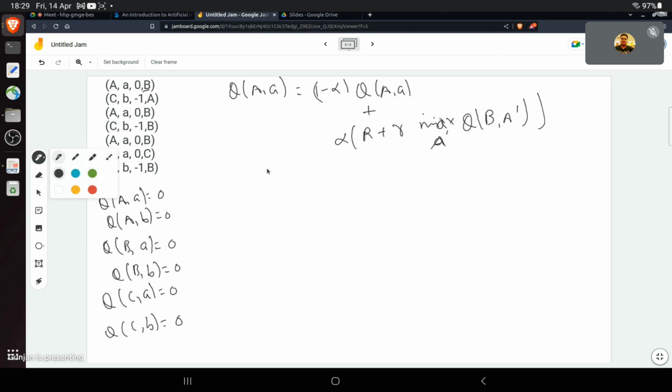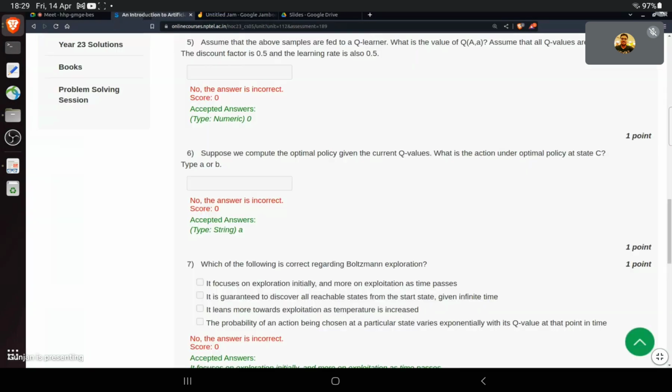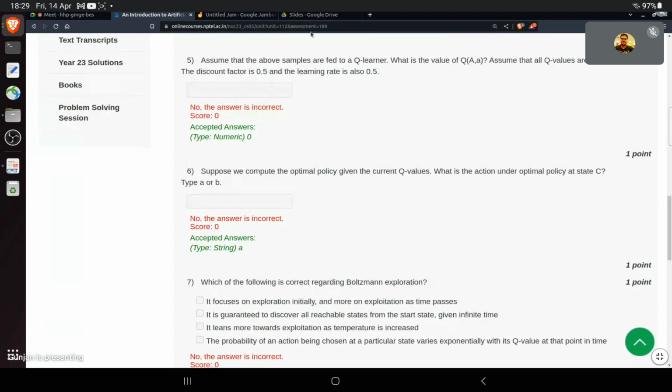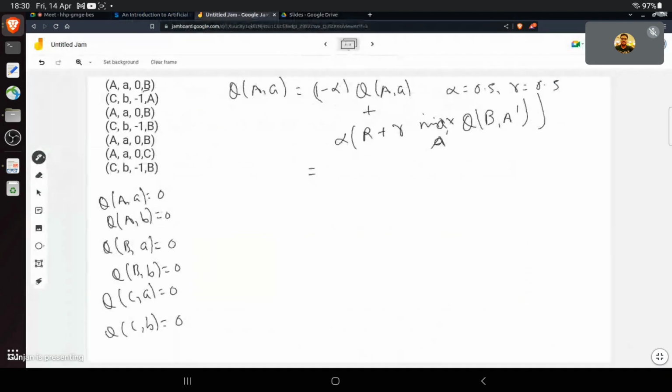So this will be equal to, and we have alpha as 0.5 again and gamma as 0.5, right? That is what they have. Also this is taken from the above question. So discount factor is 0.5 and the learning rate is 0.5. Okay, so then what we will do, so this will be equal to